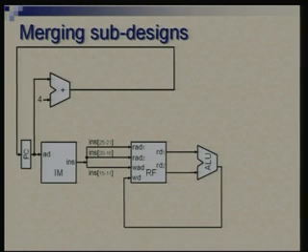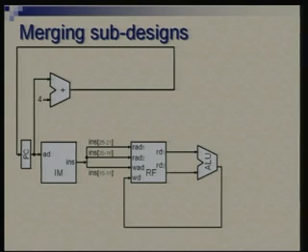Now we'll take these 5 as if they were 5 sheets of paper and just superimpose them one over another, and naturally the things which are common will fall in place, and which are not common we'll kind of take union of those. But there will be another thing, that there will be somewhere conflict. In one sub design we want one piece of data to go to a particular destination, in another design we want something else to go to that destination. So we will identify those and take corrective measures.